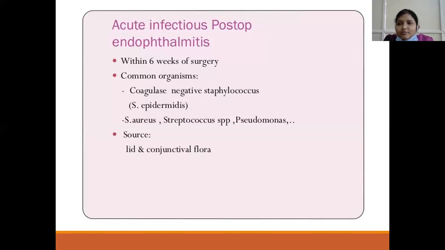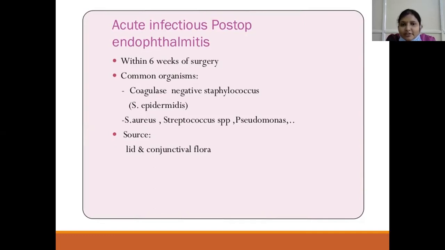In endophthalmitis, the most important and most concerning is post-operative endophthalmitis. The incidence is 0.1%, but it is very blinding and catastrophic. So we'll deal with post-operative endophthalmitis in detail. Depending upon the onset, it can be either acute onset or delayed onset. If it occurs within 6 weeks of cataract surgery or any intraocular procedure, it is called acute onset post-op endophthalmitis. If it occurs after 6 weeks of the surgery, it is called delayed onset post-op endophthalmitis.